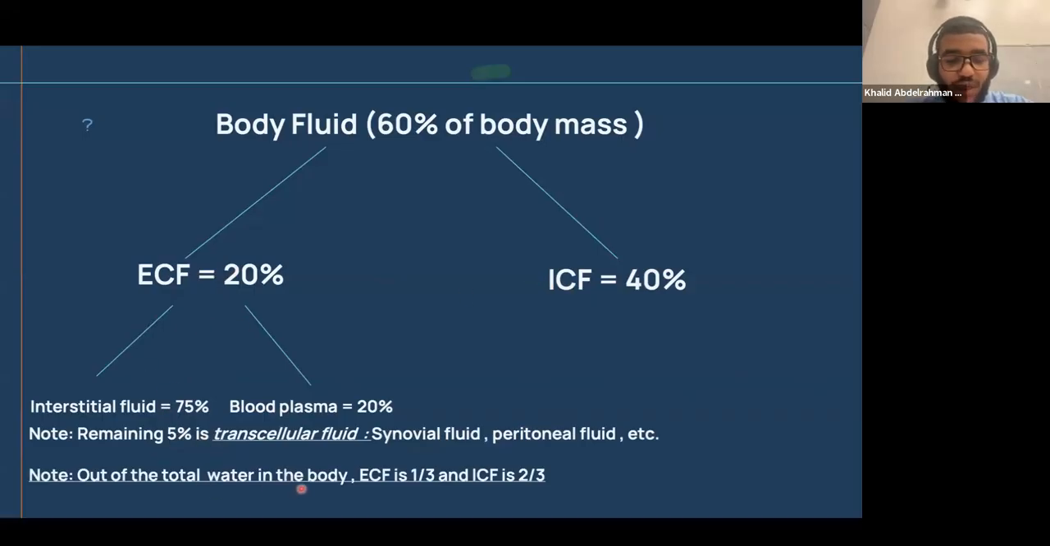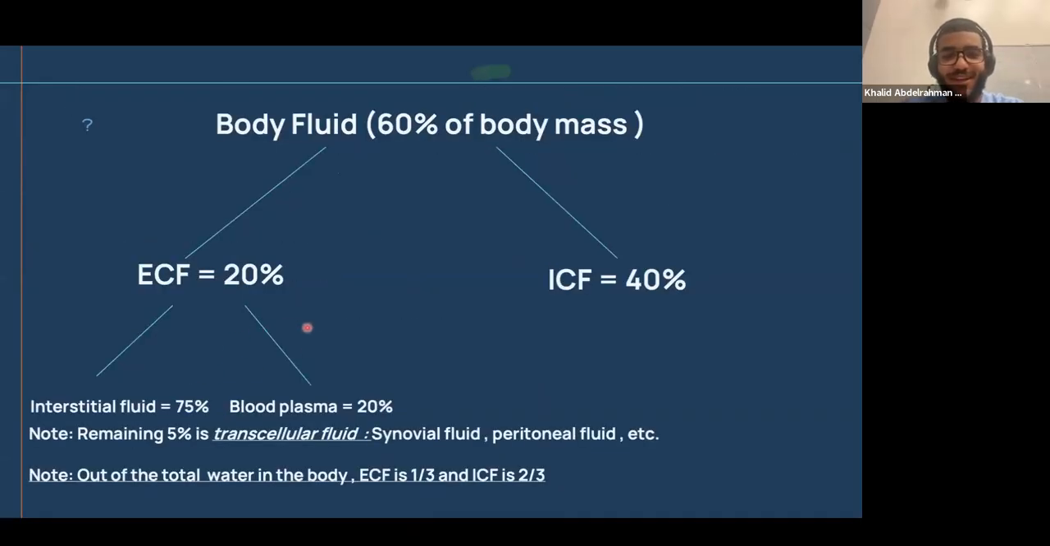So out of the total water in the body, which is 60% of the body mass, 1/3 is ECF and 2/3 is ICF. So if we divide 20 by 60, we'll get 1/3. And if we divide 40 by 60, we'll get 2/3. Okay. So knowing that, a person